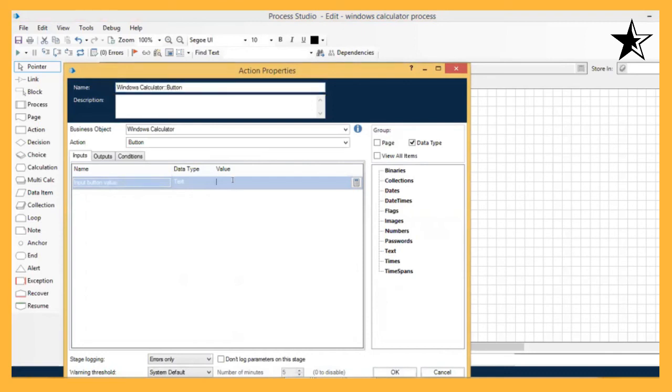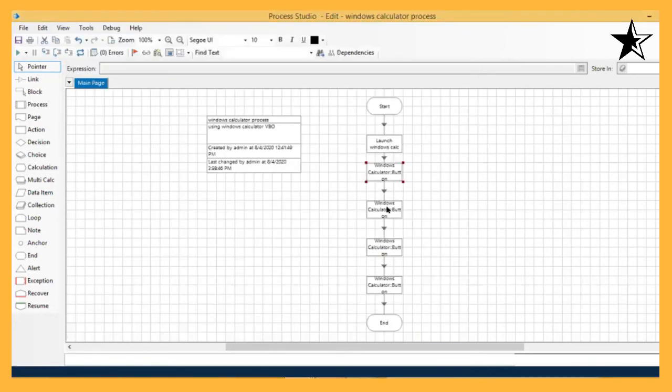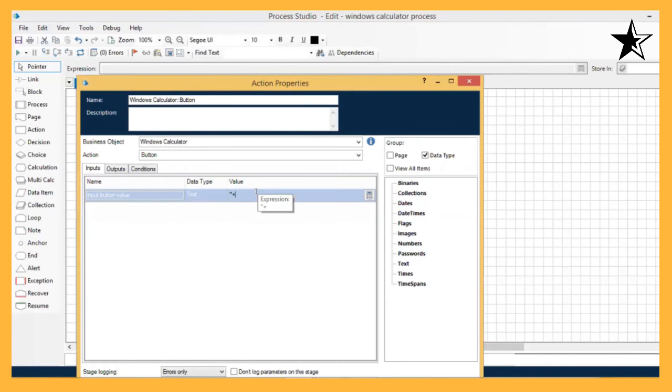So you will right now write it as equals to 1. Sorry, in the double quotes, you will write it as 1. Okay. Second button plus. So you will write in double quotes as plus. Click on OK.